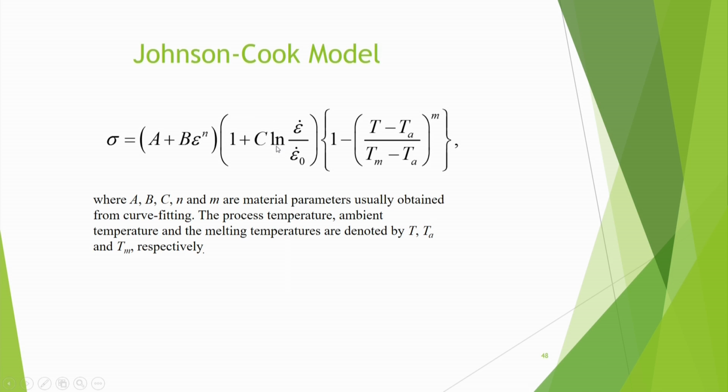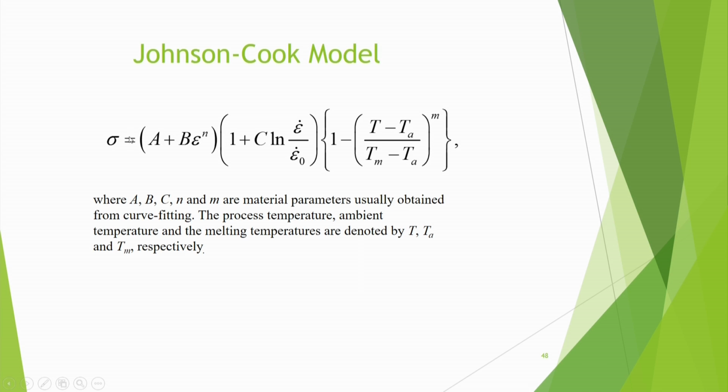Now I am telling you in this slide that we have one model, called the Johnson-Cook model, that tells the behavior. Earlier I told you about strain hardening phenomena, and there are some empirical expressions, but those were taking only the effect of the strain on the flow stress. But the Johnson-Cook model takes the effect of the strain, also the strain rate, and also the temperature. That is why this model is very popular. It is used in modeling of machining processes.